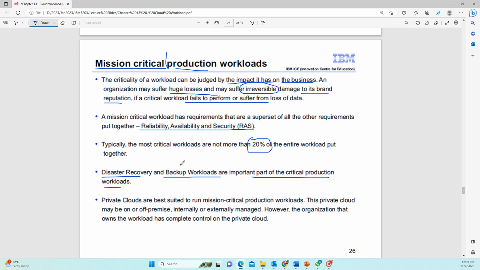So with a disaster recovery or backup solution, once your production system is down, you can transfer the workload to your disaster recovery site, your redundant components, your replica of your database,